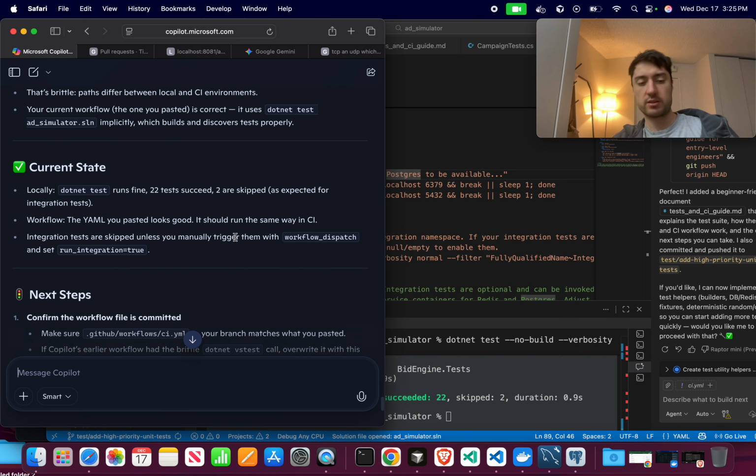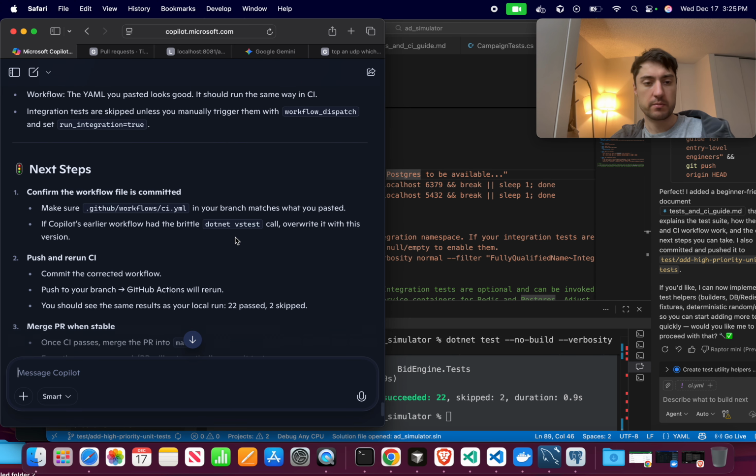So current state. Locally, .NET Test runs fine. 22 tests succeeded, 2 are skipped, as expected. Yeah, that makes sense. Workflow, the YAML you pasted looks good. It should run the same way in CI, but it doesn't though. Confirm that the workflow is committed, okay. If Copilot's